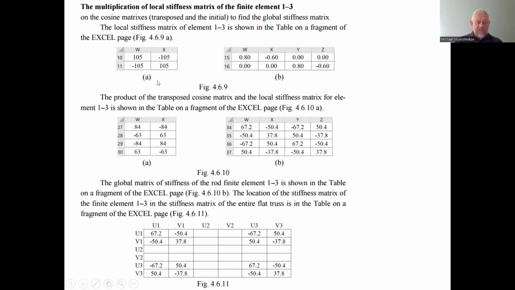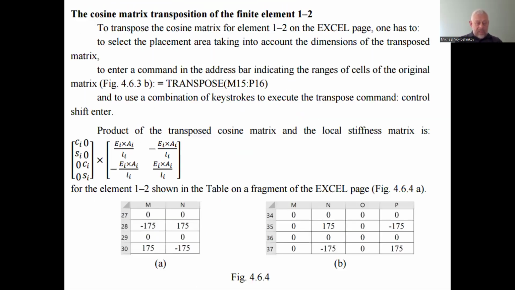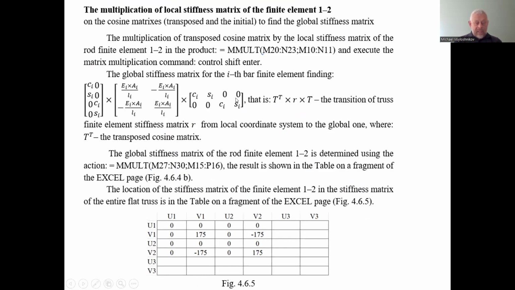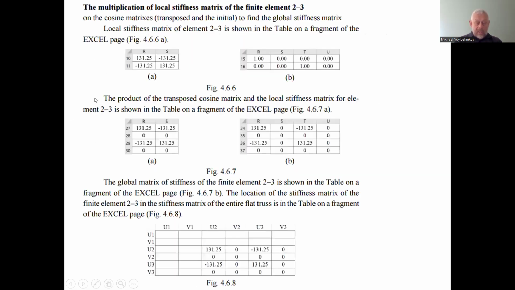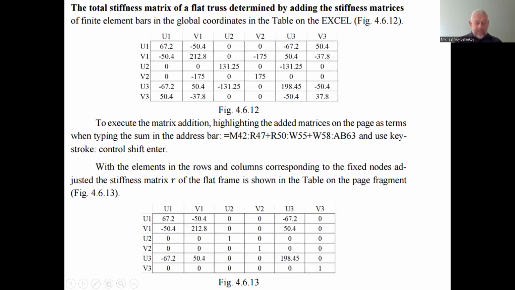We have the stiffness matrix for the finite element, the cosine matrix. We have the product of this matrix on the cosine matrix, and then on the transposed cosine matrix, and next we get the product of the transposed cosine matrix by this cosine matrix. The sequence of the product of three matrices is defined here. We obey this cosine matrix, transposed cosine matrix. So for the third finite element,